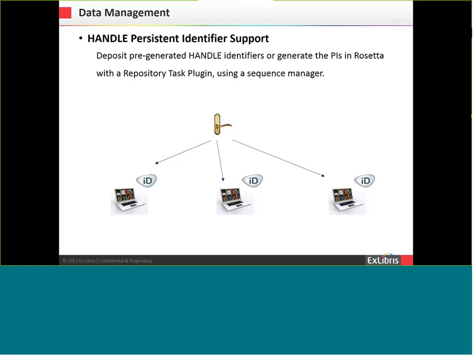The method which is done in Rosetta is that a batch file is created with the mapping of the handles to the URLs in Rosetta, and the customer is then responsible, at their convenient time, to publish that batch file into the handle server or any other persistent identifier type which the institution is using. So if we take, for example,